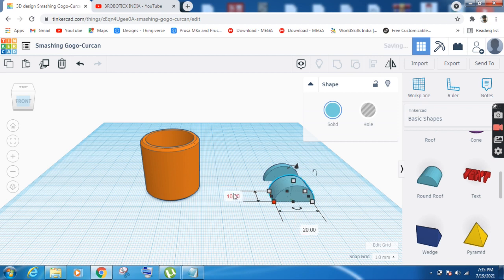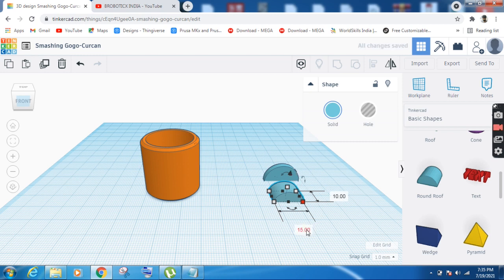I want to insert this object into this object, but both heights are the same, so you can't identify which object is getting inserted. So I'm going to change this one's height to 6. Next, I'm going to change this length diameter also to 15. Before it was 20, I'm changing it to 15, and I will press enter.